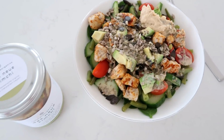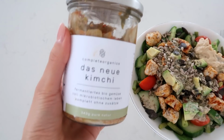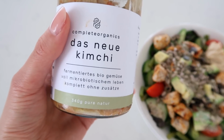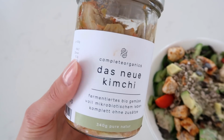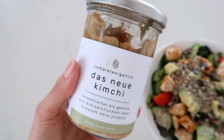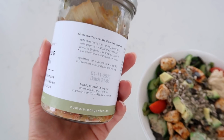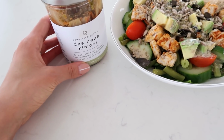So I've just prepared myself some lunch, and I wanted to share with you guys that I've been eating kimchi. I believe it originates from Korea, correct me if I'm wrong, but it is fermented vegetables, mainly cabbage, and this is really good for your gut. It's kind of like sauerkraut, and it does not smell the best. Like when I open this, it's not going to smell so good, but I think it actually tastes pretty good,